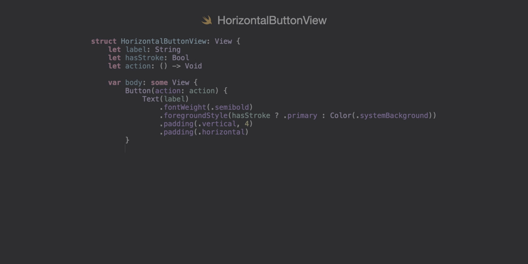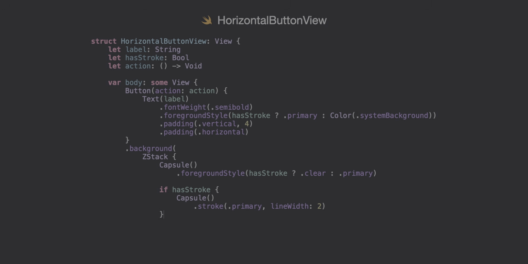Last, we'll put a background, and this will be a ZStack where we put a capsule shape. And then we're going to set the foreground style of this. Again, this is going to have the has stroke. So it could be clear if it has stroke. Otherwise, we're going to set it to primary. We'll create this conditional statement to conditionally add our stroke to the view. Go ahead and close that up and go to our next file, which will be our book